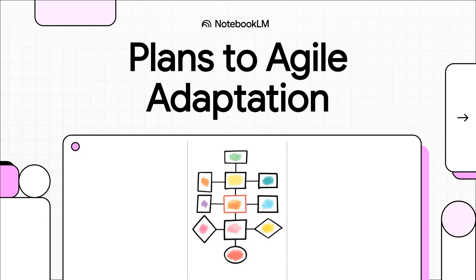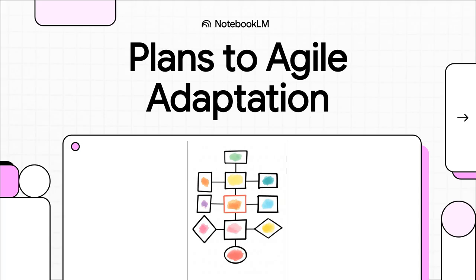You know that feeling, right? You're on a project, you've got this beautiful, super detailed plan, and the second it makes contact with the real world, it just completely falls apart. We've all been there. Well, today we're going to dive into exactly why that happens and how modern project management has shifted from those rigid, perfect plans to flexible strategies that can actually adapt and succeed.